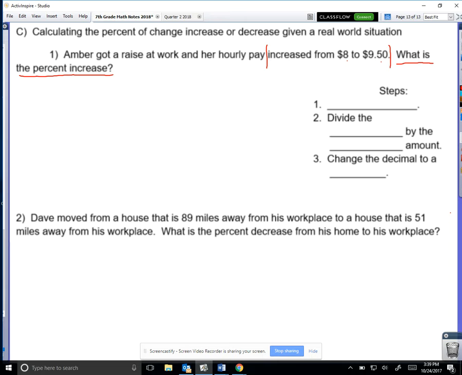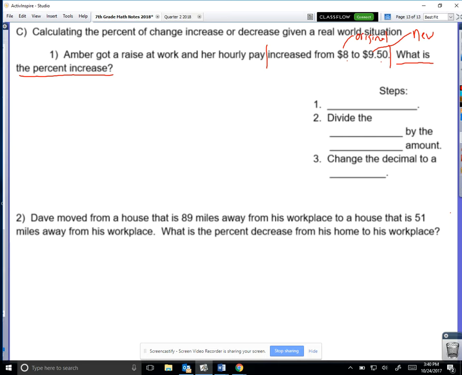Amber started with $8. Now she gets $9.50. So originally she was getting $8, so that's going to be my original. Now she gets $9.50, and that's going to be my new amount. It's important to label those so that we get those figured out when we're working out the